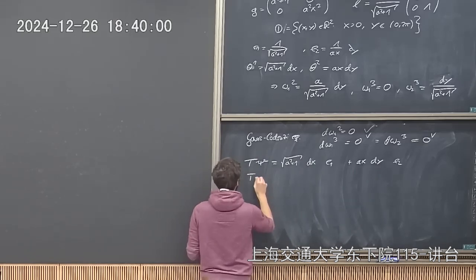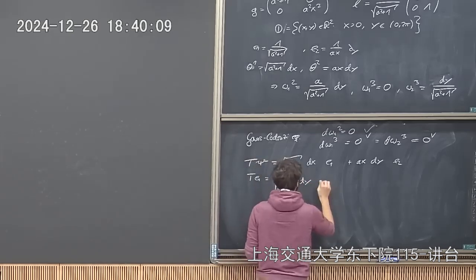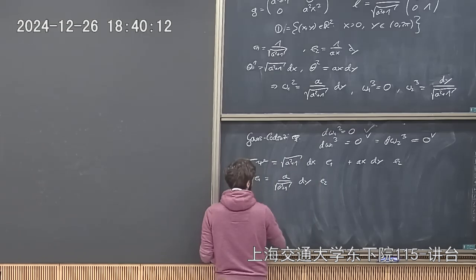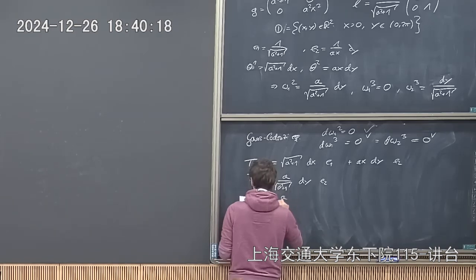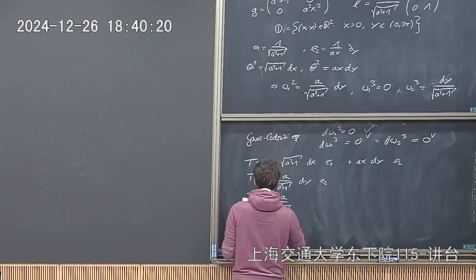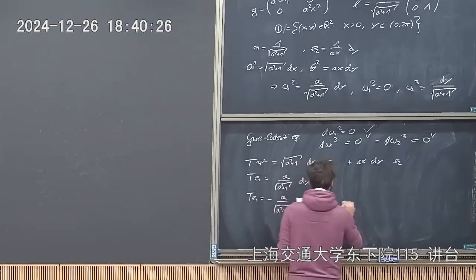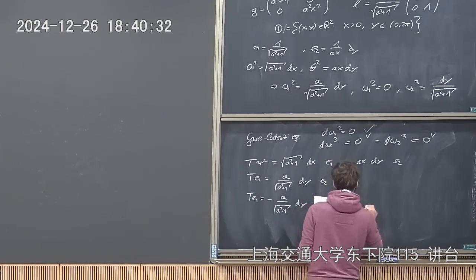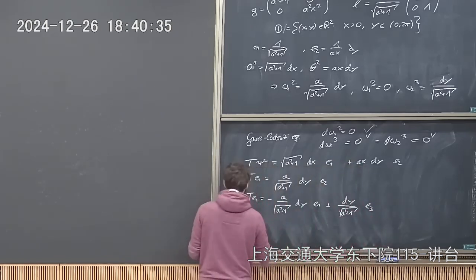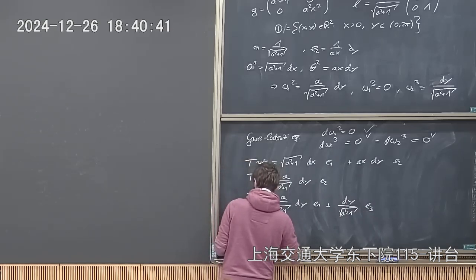And similarly, we have t of E1 given as a over square root of a squared plus 1 dy in E2, t of E2 given by, and t of E3 are given by dy over